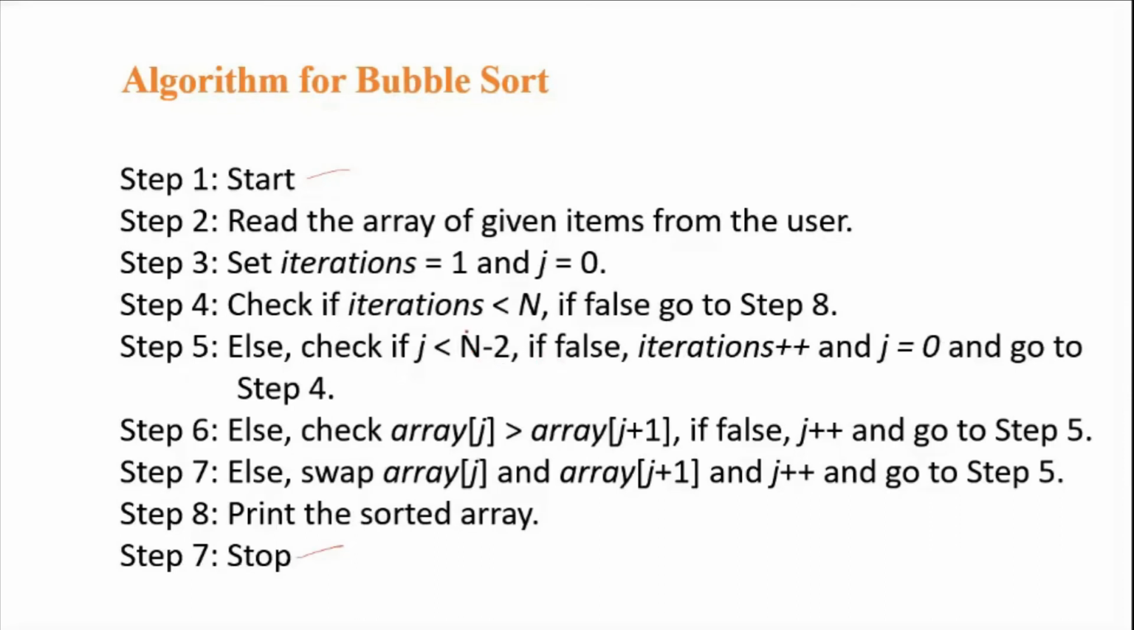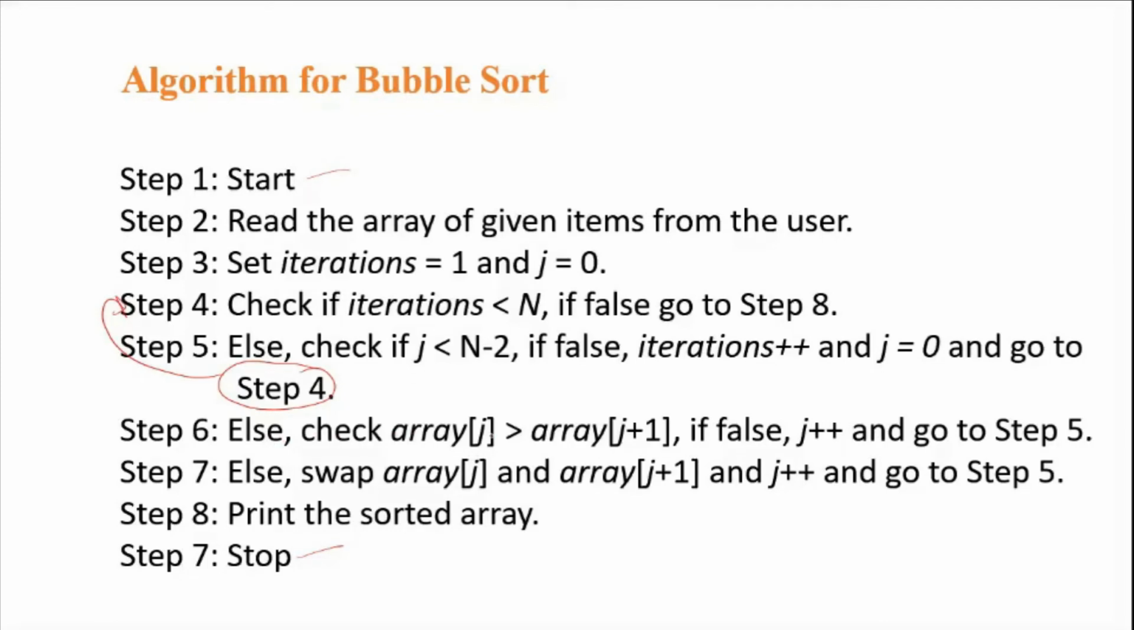If again this is false, that is, if j is greater than or equal to n minus 2, then we increase the iterations and j equal to 0 is also done. j is reset to 0. And we go to step 4. From this step we are going back to step 4. So we are again checking whether iterations is less than n or not. If j is less than n minus 2,